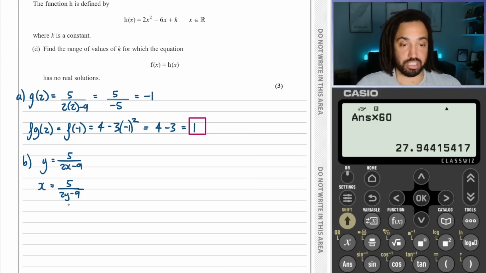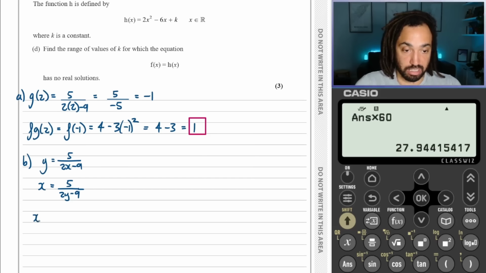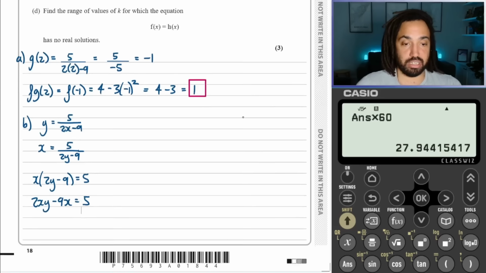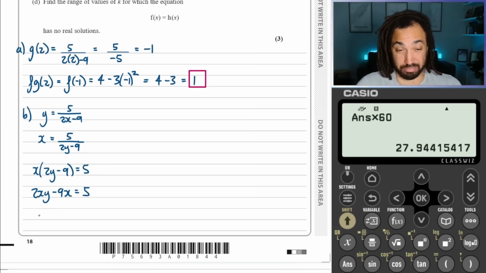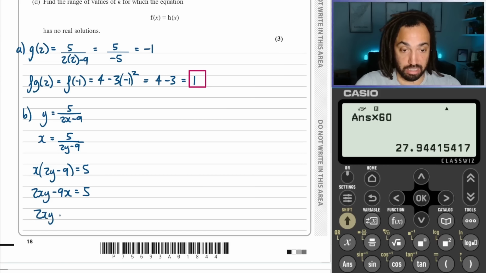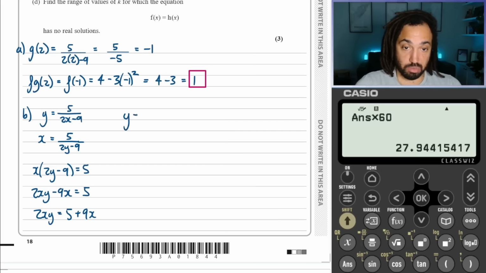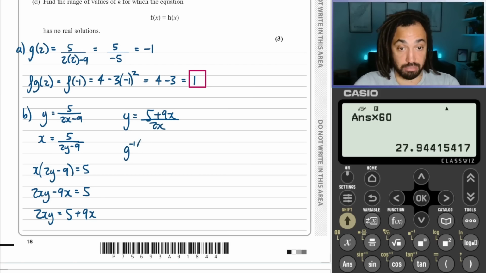And then we need to make y the subject again. So we're going to multiply up by that denominator, like so. We're going to expand out the brackets, and then make y the subject again. So we're going to add 9x to that side. Then we're going to divide through by 2x, and this is going to give us y as the subject. So 5 plus 9x over 2x. And then we're going to write g to the minus 1 of x is equal to this, 5 plus 9x